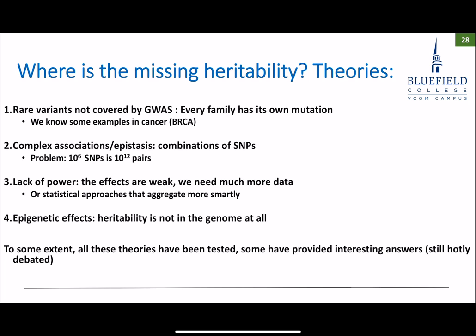By definition, epigenetic is inheritance unrelated to genetic mutations, and to some extent, these speculations have been tested. But the bottom line is that we still don't know what's going on with GWAS, why GWAS underestimates heritability. Okay, we have to move on because the next one